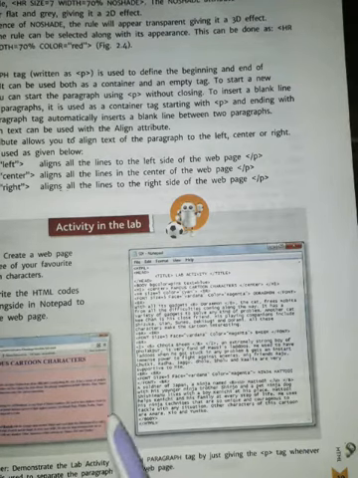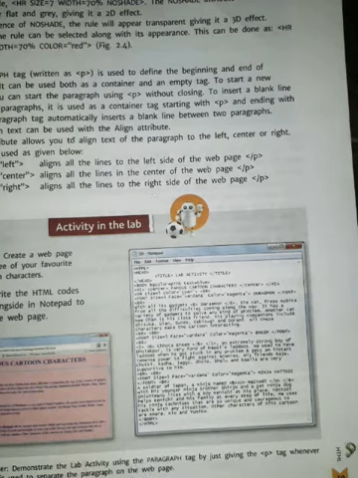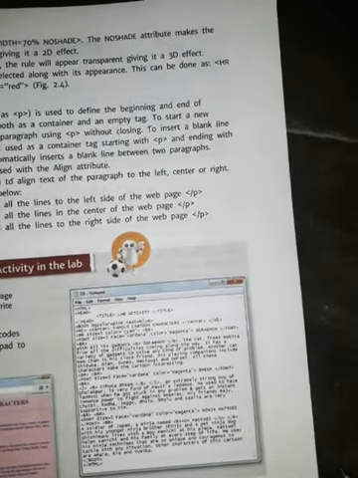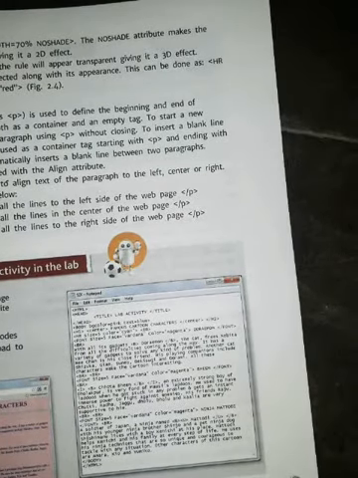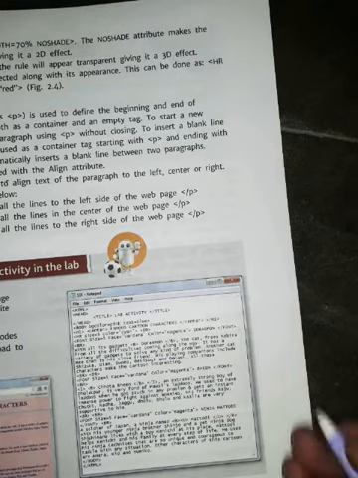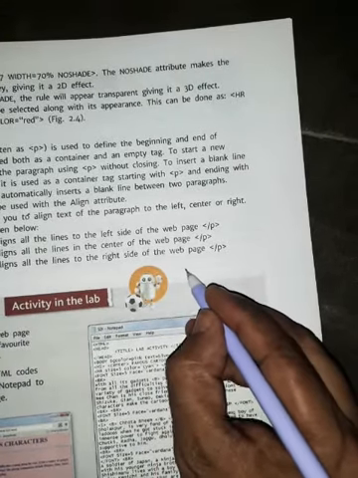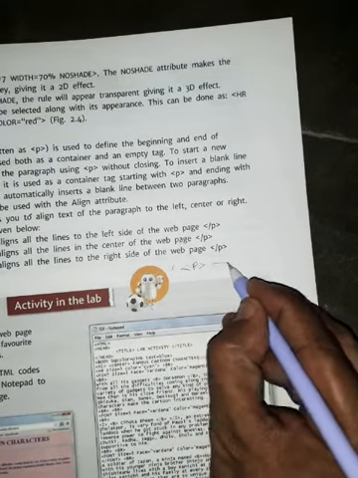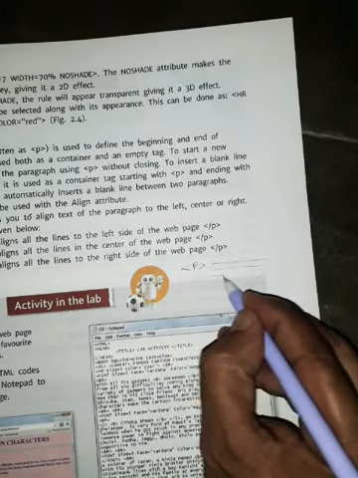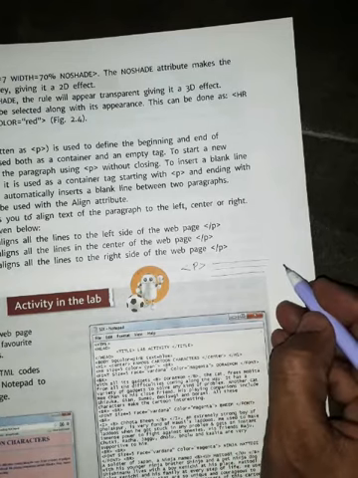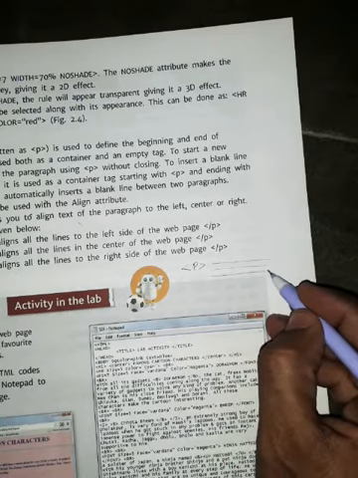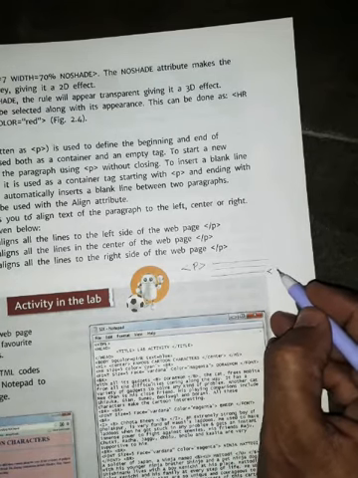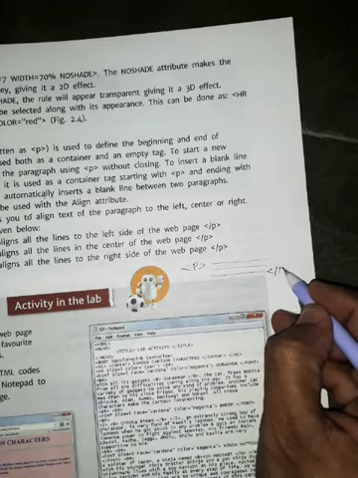Suppose we start a paragraph in a p tag, then we write our body text, then we close the tag after ending the one paragraph.